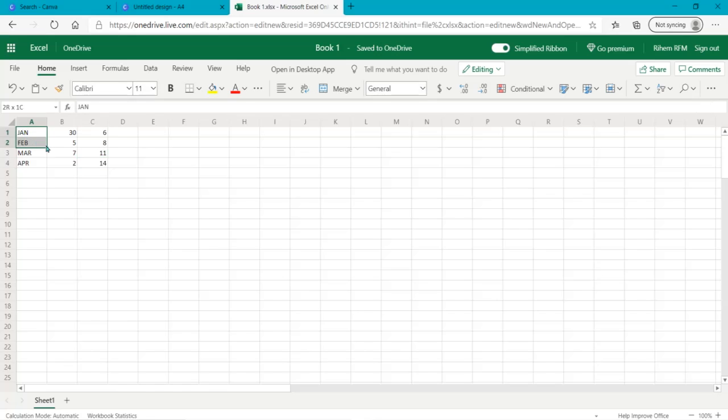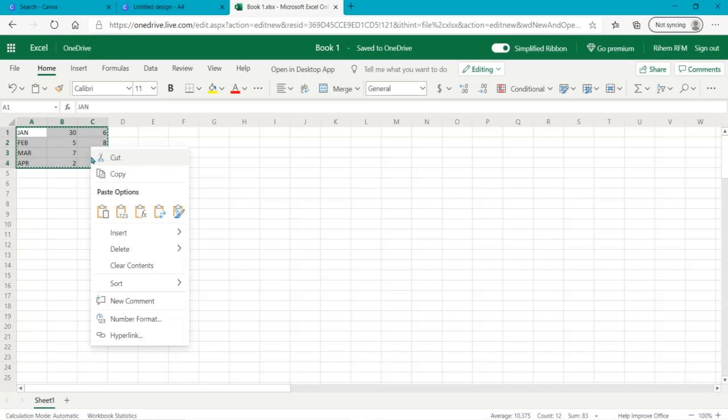Okay, then all you do is go across like this, press Ctrl+C or side click,